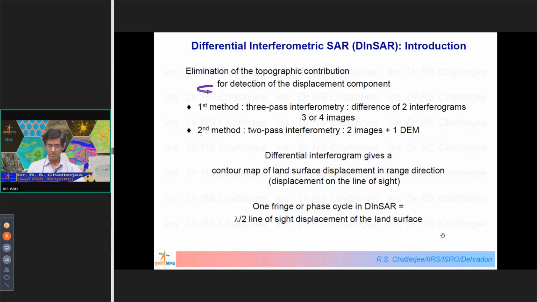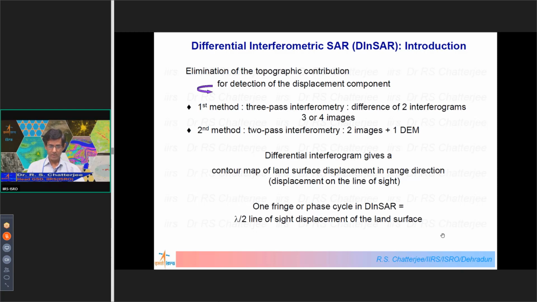So two images before the earthquake to get horizontal and vertical phase, and two images, one before the earthquake, one after the earthquake. From that we need to generate another interferogram, where we will have the phase difference, one before the earthquake, one after the earthquake. The phase difference will include the horizontal phase, vertical phase, and the displacement phase along the radar line